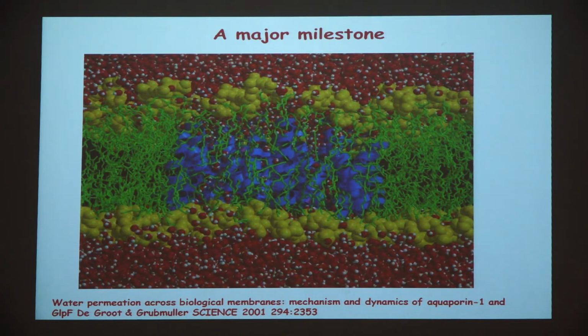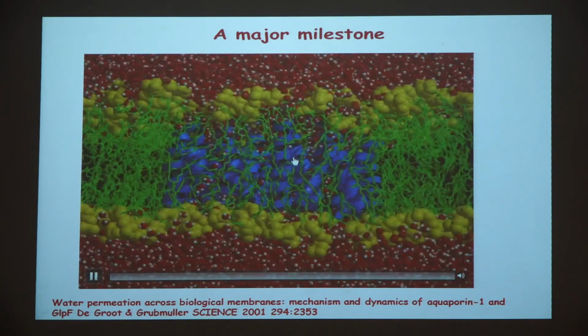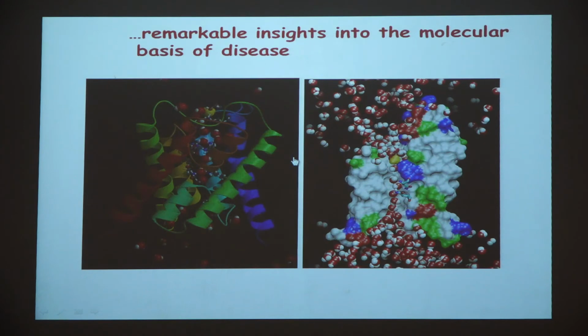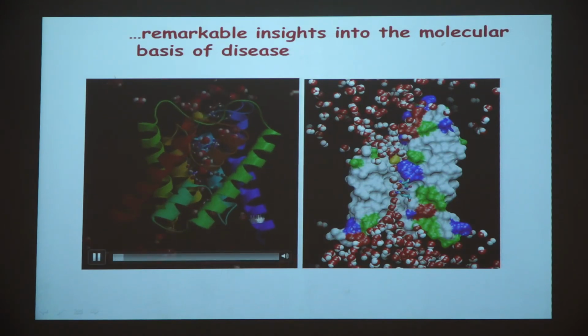So if your system setup is good enough, then you should see an event of a water molecule going past it in your multiple simulations, and that is what they saw, okay? Of course the details are not that critical over here, but the interesting insight that they had was that